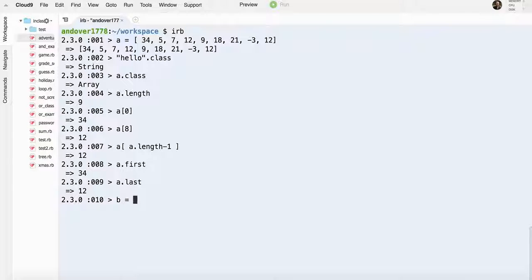So you can create a new array called B, and this time we will put some strings in there. Notice that the strings are all separated with commas once again. ABC, DCE. So here are 4 strings inside of our array, and once again, B of 0 would give me the